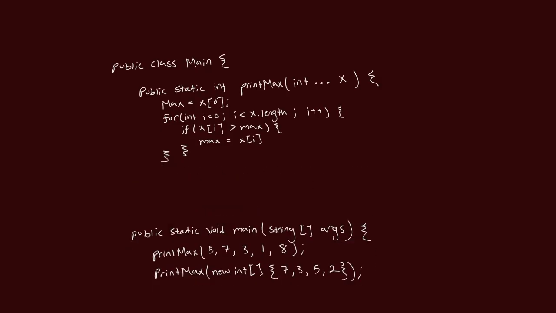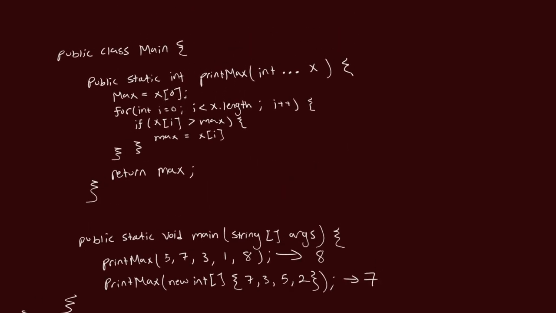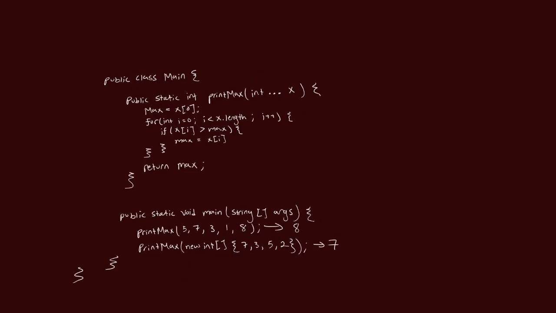So we will do return max. There we go. And let's close this off. So now pretty much this is going to represent 8, and this is going to represent 7. Okay, and we didn't have to use several different parameters. We just had x represent this whole thing. So yeah,